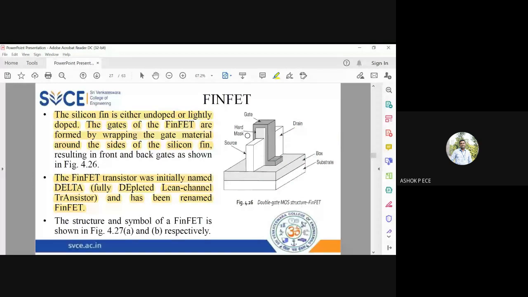Initially they said that Delta and FinFET were the same transistor, but later, with the FinFET having a major structural difference in comparison with Delta, they started calling it a Delta transistor whenever they used that structure, and FinFET whenever they were using the structure for